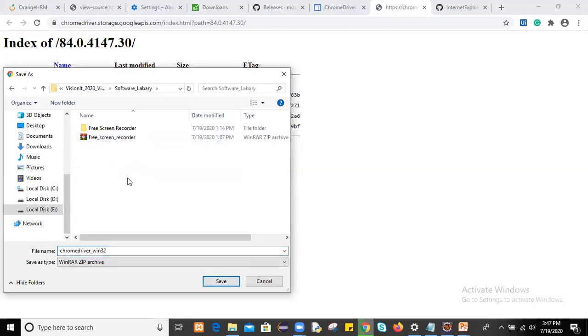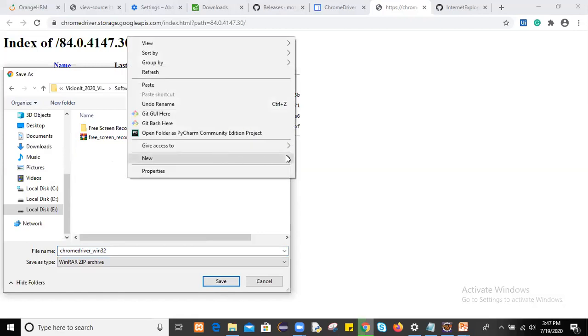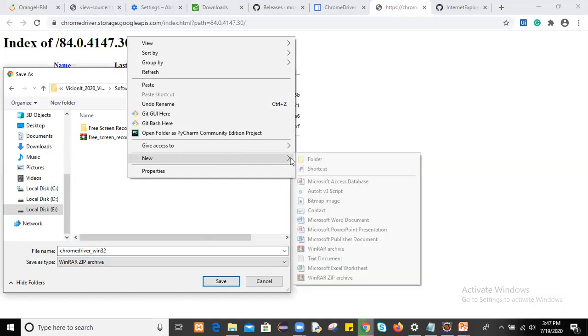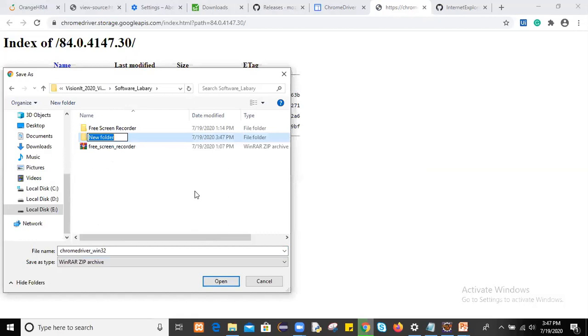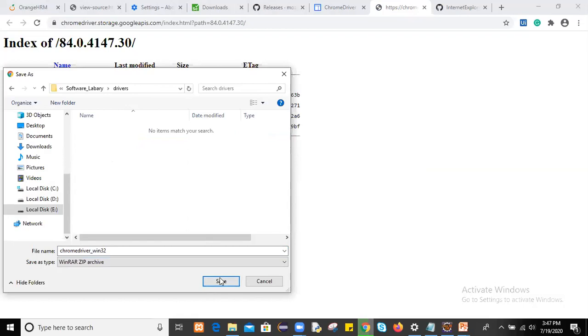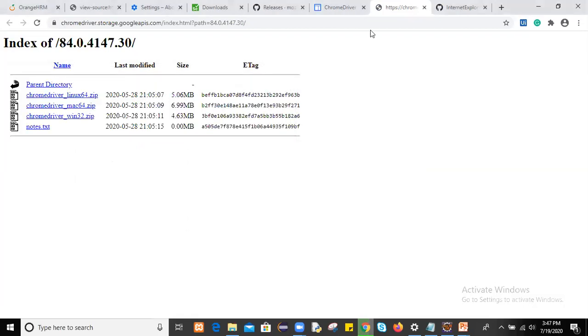Here we'll create one folder. We'll create one drivers folder here. Within this drivers folder, we'll save this zip file.